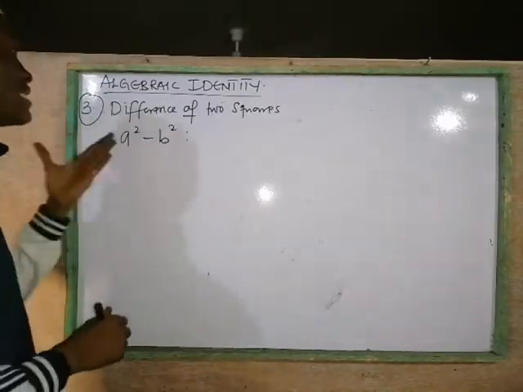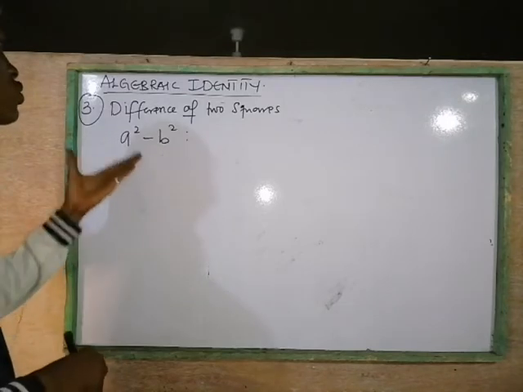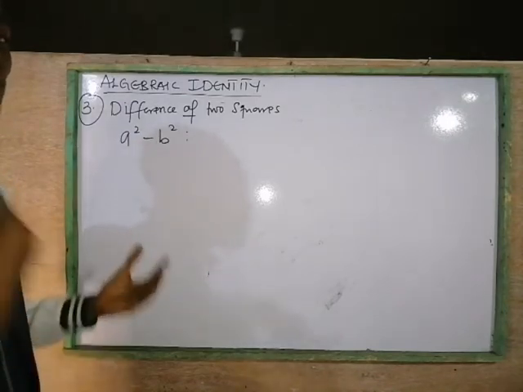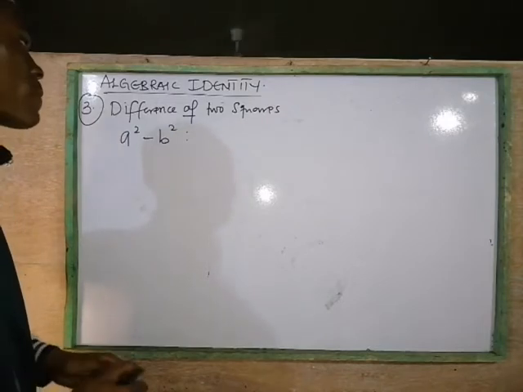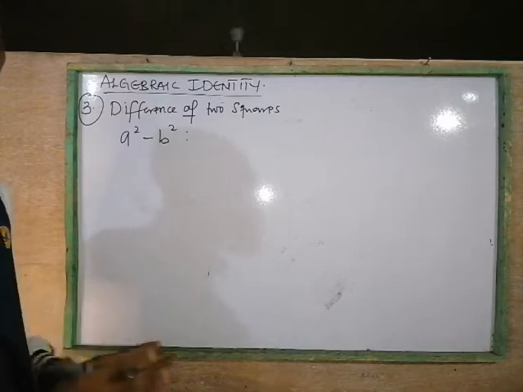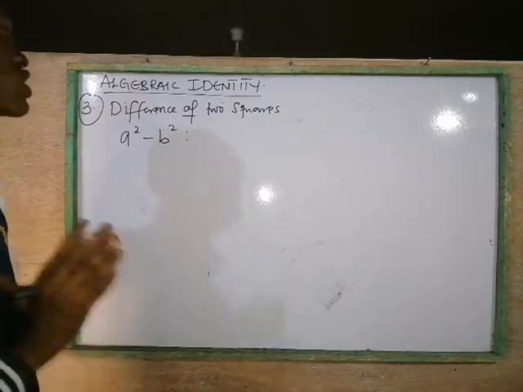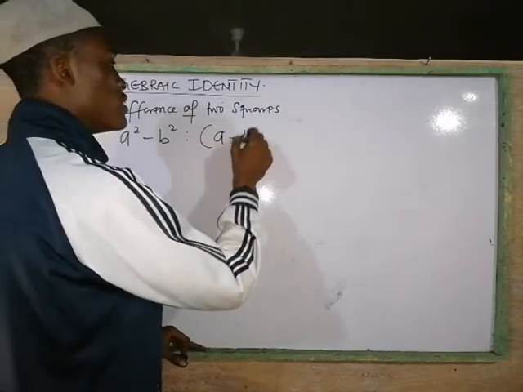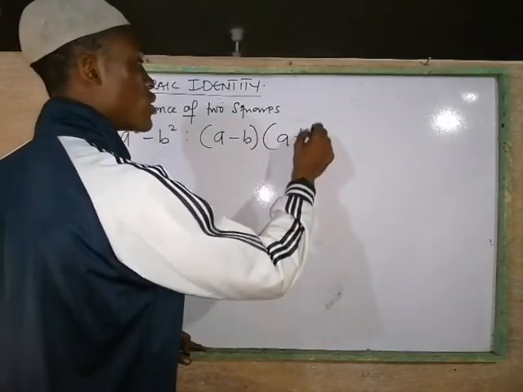First identity is difference of two squares. If you have two squares, a squared minus b squared, what does it factorize into? How can you express a squared minus b squared? Difference of two squares is very simple, and it is one of the simplest expressions in algebraic identity, because it is going to factorize into (a minus b)(a plus b),